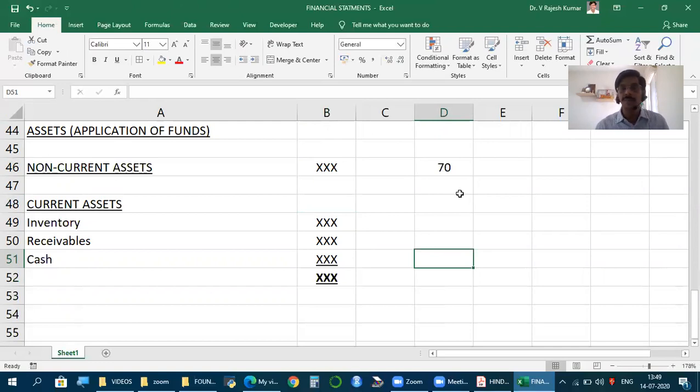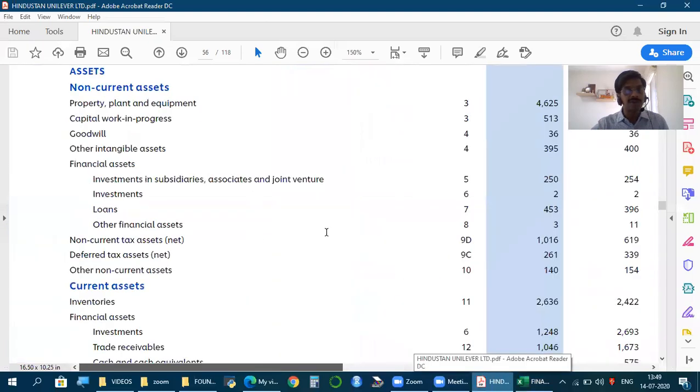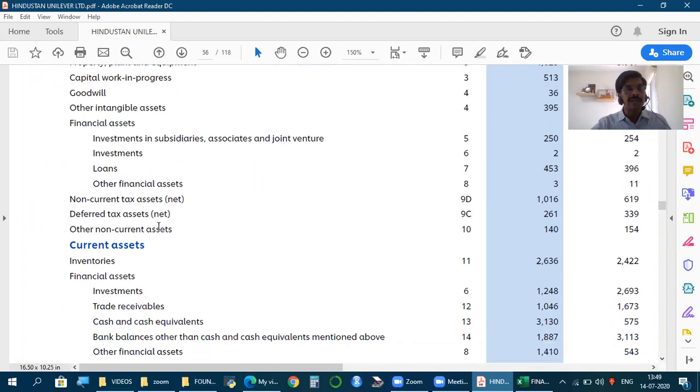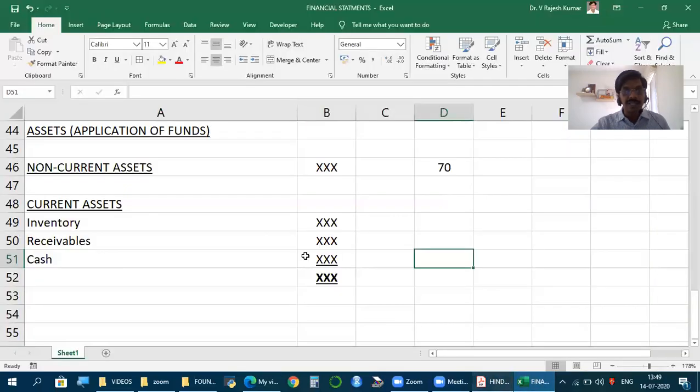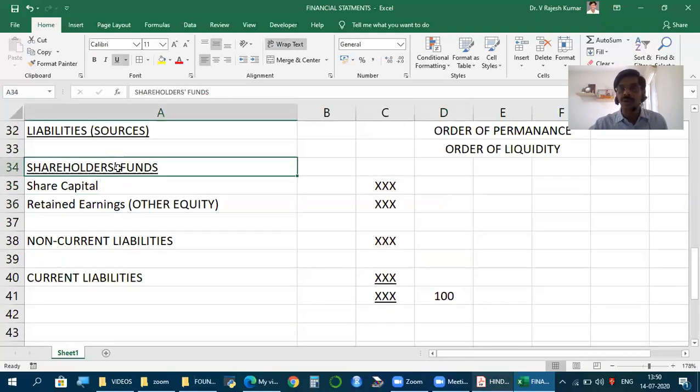Now, this is balance sheet, the second financial statement. Once again, as far as balance sheet, we don't have to think much because the way it's available is exactly how we need it. So we find non-current assets, current assets. So this we don't have to worry much. As it is available in the reports, it can be used. But when it comes to statement of profit and loss, be careful. Friends, and liabilities, share capital and other equity put together is called equity, shareholders' funds, net worth.